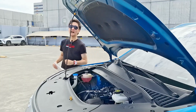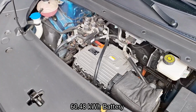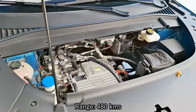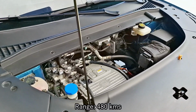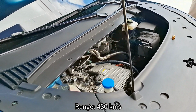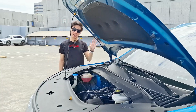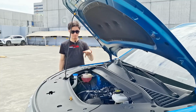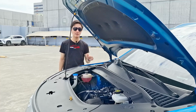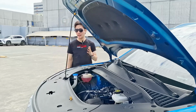Powering this BYD Atto 3 is a 60.48 kilowatt-hour battery that produces a total of 201 horsepower and 310 Newton meters of torque, with a range of 480 kilometers, and you have an acceleration time from 0 to 100 kilometers per hour in 7.3 seconds. But of course, one of the most popular car channels today has done an acceleration time of 7 seconds. So this car is really peppy, and not to my surprise,